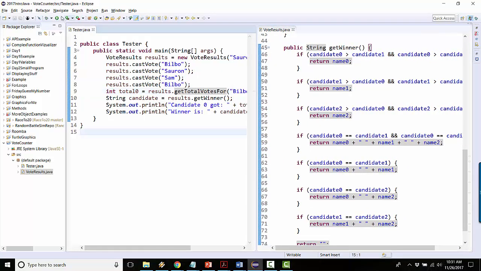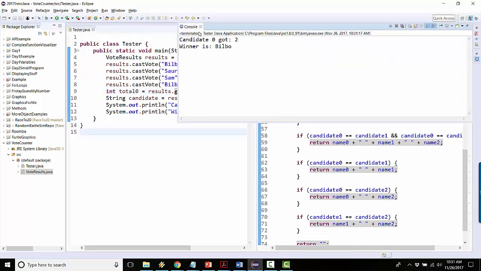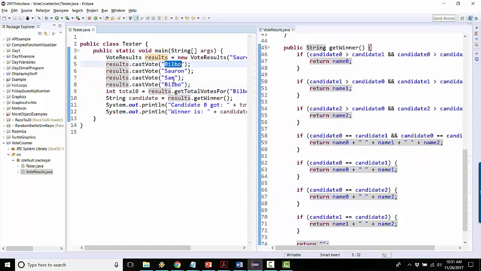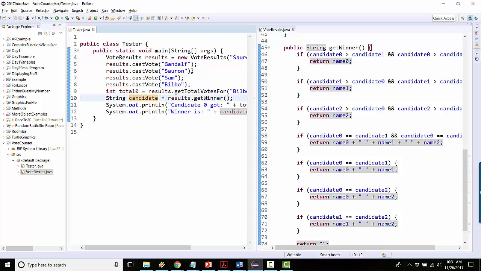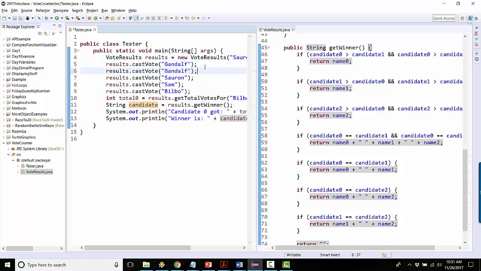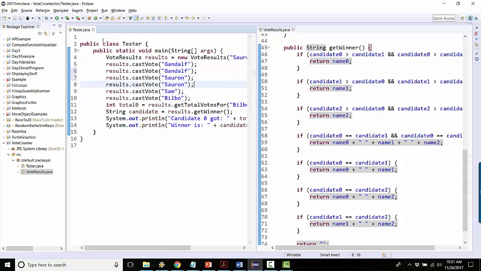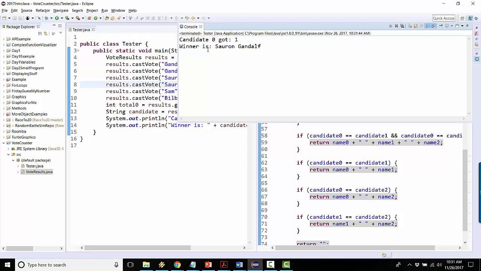Let's run it and see if it's working. Candidate 0 got 2 votes. The winner is Bilbo. Yep, that makes sense. And now let's change this to Gandalf. Let's test some of our tie conditions. So I think this is going to be a 3-way tie. Winner is Sauron, Bilbo, Gandalf. Great. Let's do a 2-way tie between Gandalf and Sauron. Sauron and Gandalf. Okay,